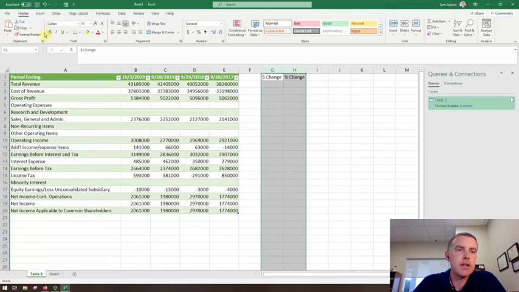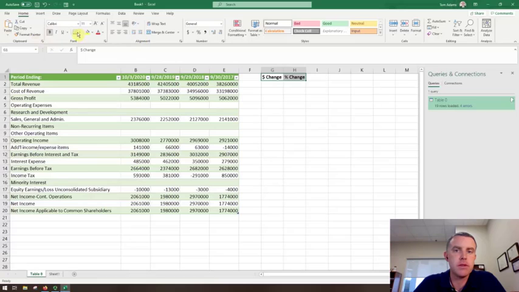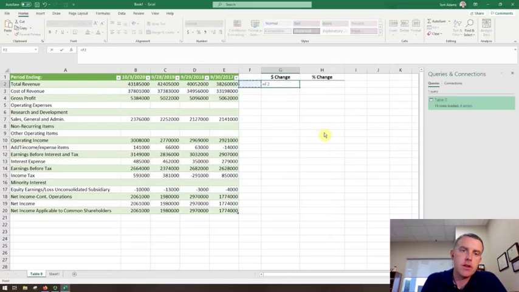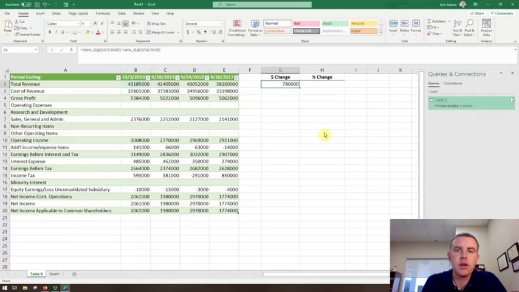Let's give some formatting to this. Let's make it bold, since it's a header. Let's center these, just so it's a little nicer on the eyes, and we'll make these columns a little wider. So first thing, dollar change. I'm going to say 2020 minus 2019. All right, so the change is